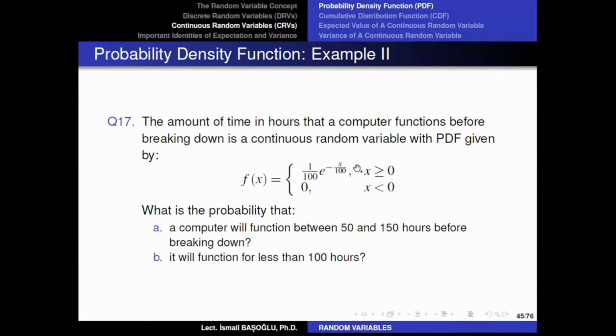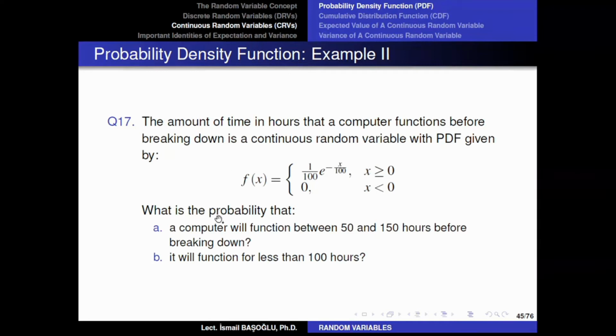So we say that the amount of time can only take non-negative values, and the probability density function that represents that amount of time, likeliness, is 1 over 100 times e to the power minus x over 100. So we have an exponential function here. And it is 0 elsewhere. So for negative values, there is not a density value. So it is impossible. If the density function is 0, then these values are impossible to be realized.